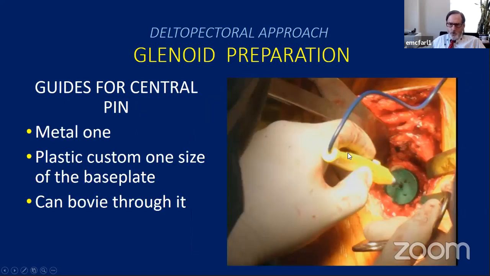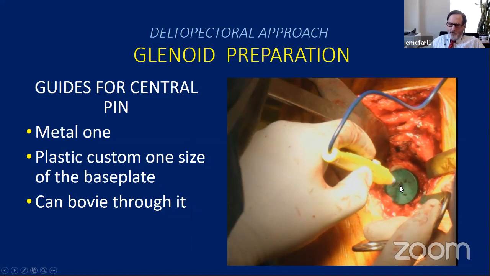The next thing you want to do is figure out where to put the glenoid component. We had a little custom plastic piece like this made. You can use the guides that are provided by the company. Where you put this is a little controversial. It used to be thought that you should put the sphere as far down on the glenoid as possible. I don't know that that's necessary so much. You want it close. Kind of depends on the system you use.